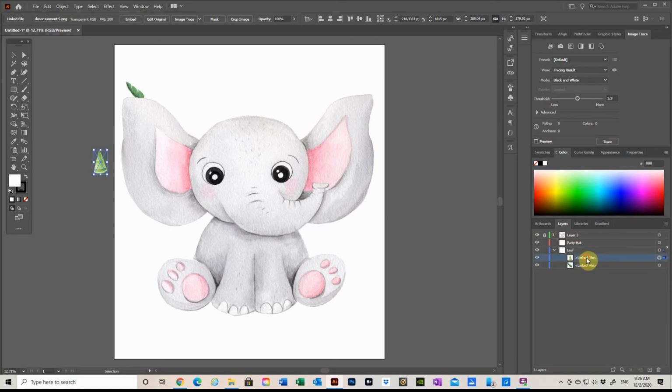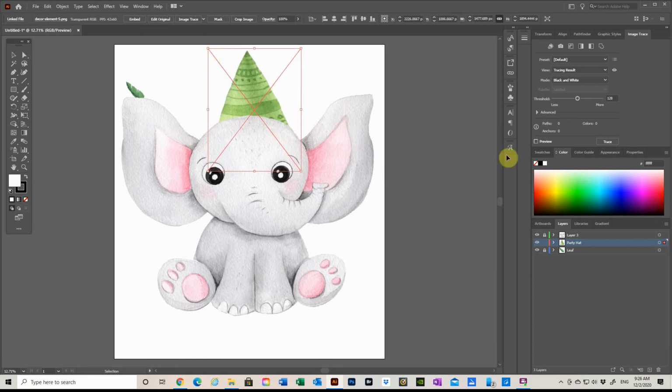This is the party hat. Party hat, then the leaf. Now, evidently since I locked those two, I'm working with the party hat. I need to put this layer above layer 3.